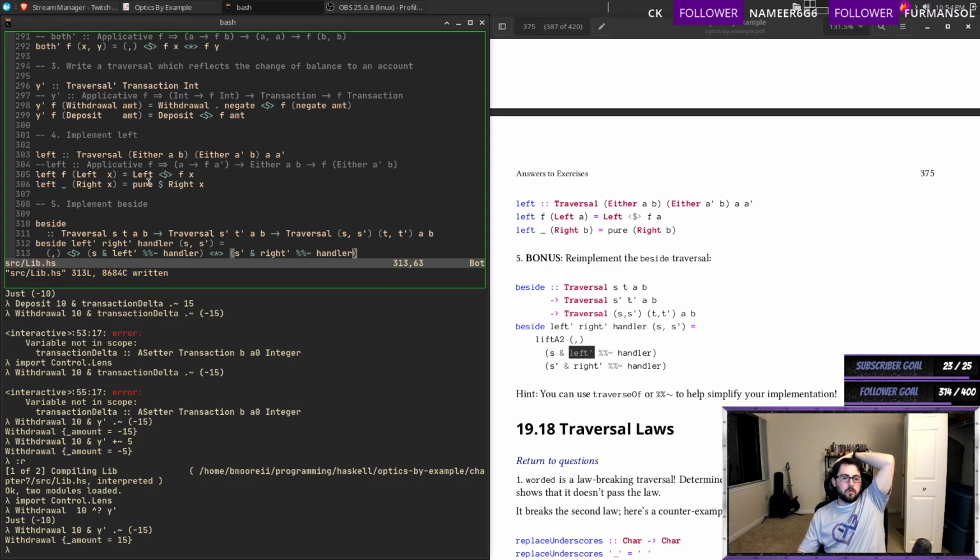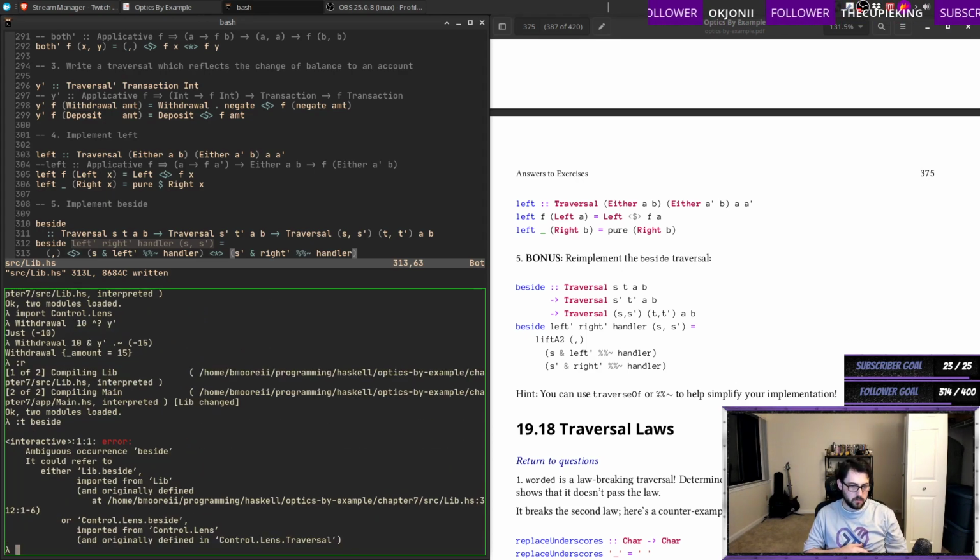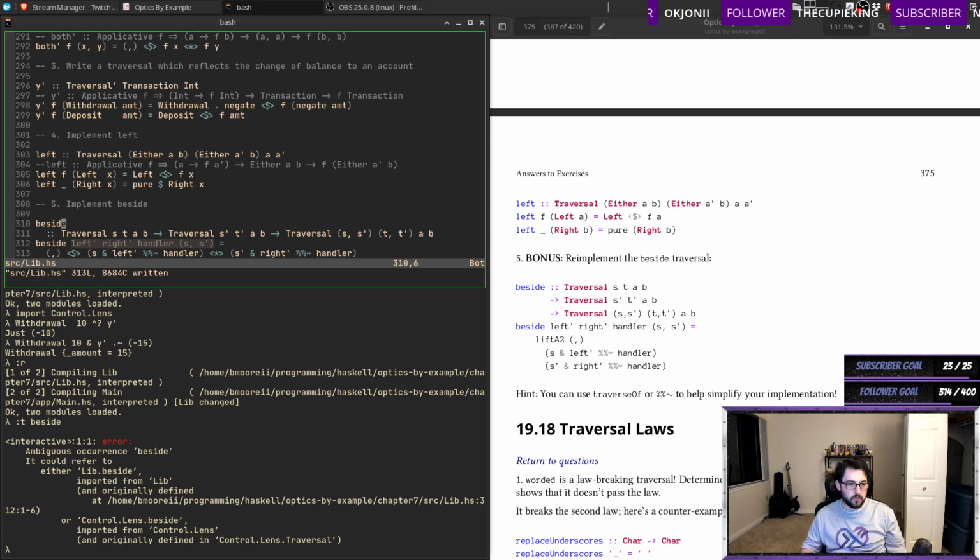Okay. Oh, this makes sense. The implementation makes sense, but this is not super clear to me right now. I would love to know the more general signature for beside. Does it change it here? Oh, let's do